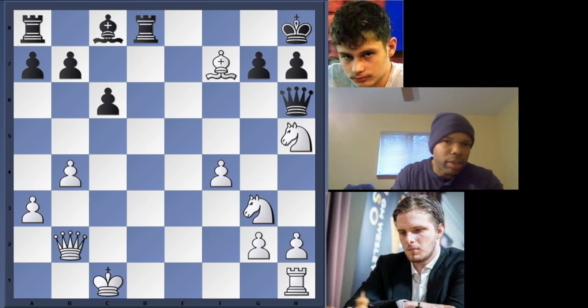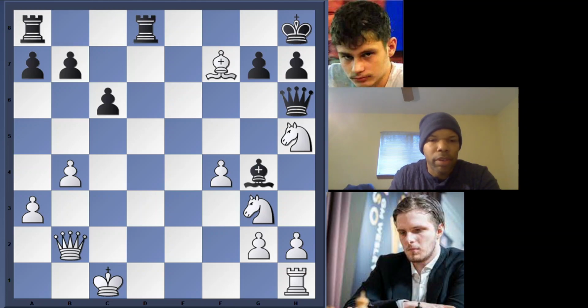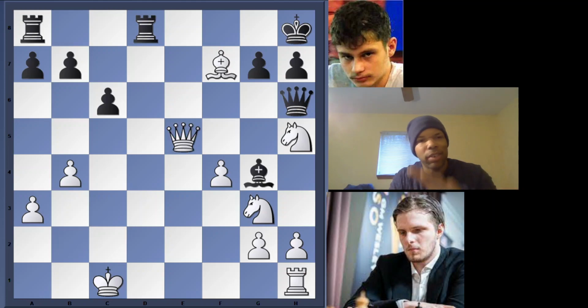f4, blocking the check here. All right, bishop g4, finally getting the piece out, and now queen e5 dominating the center. Right, it's hard for black's pieces, dominating the center. It's hard for black to, say, come to the d file or anything. Okay,